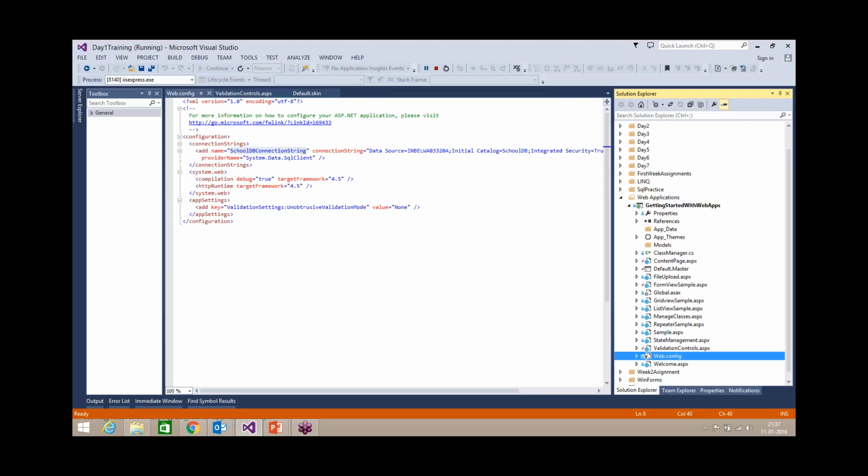So this is a very important file. Without experience, you are not supposed to edit this file. Any questions on this? Are you guys clear? Okay, so